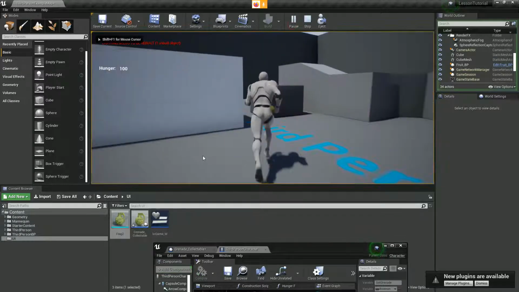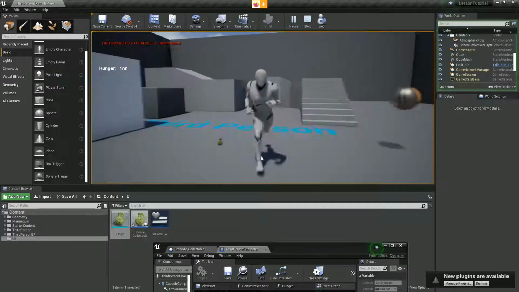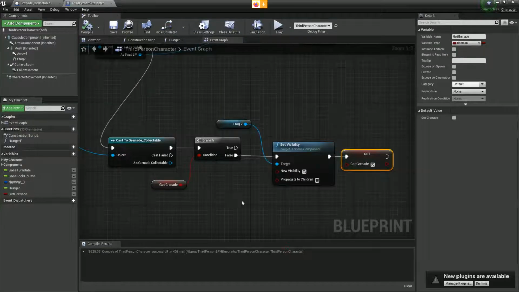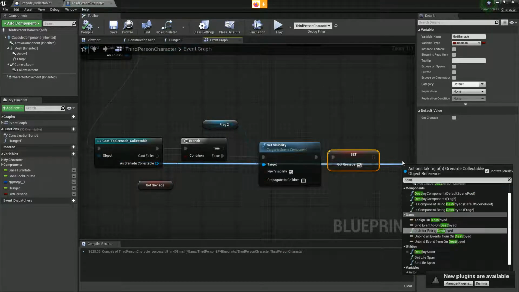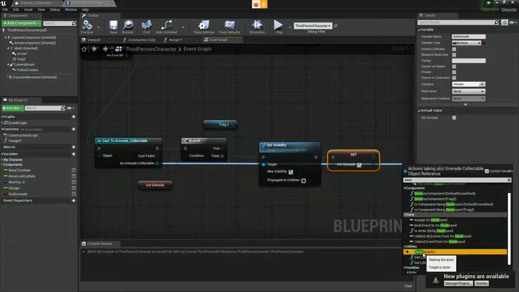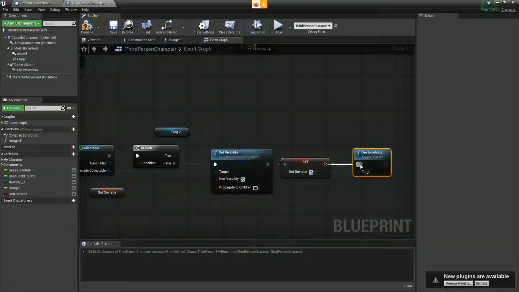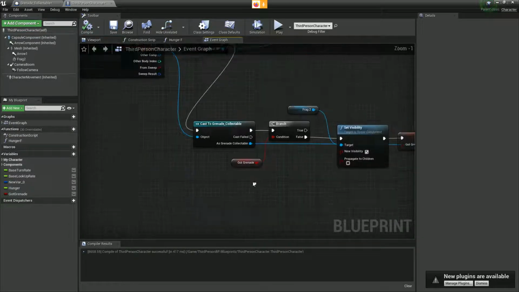So we're going to overlap it, and then it's suddenly attached to our hip, and as we run around we can see we've got this grenade stuck to us like a weird sticky bomb. Let's also destroy the one on the floor. Now that's pretty much it for a collectible, but if we're just going to mess about a little bit more with the grenade,